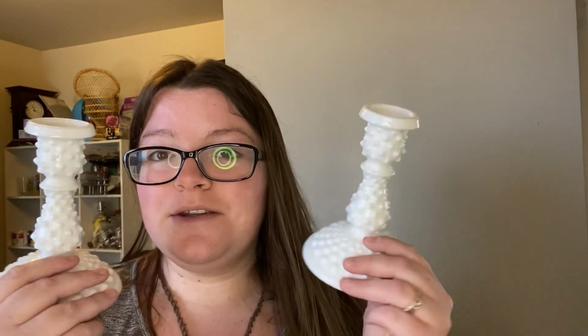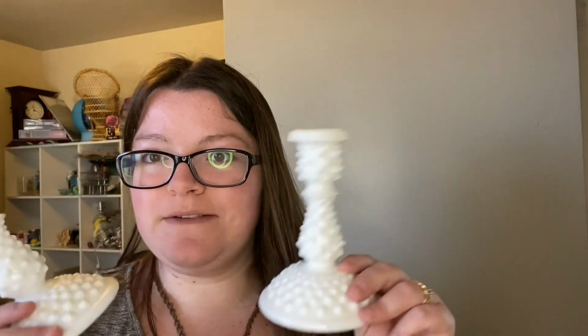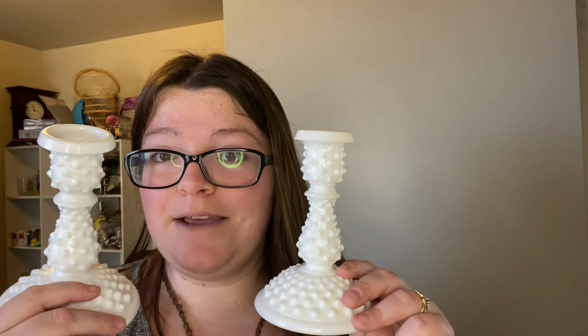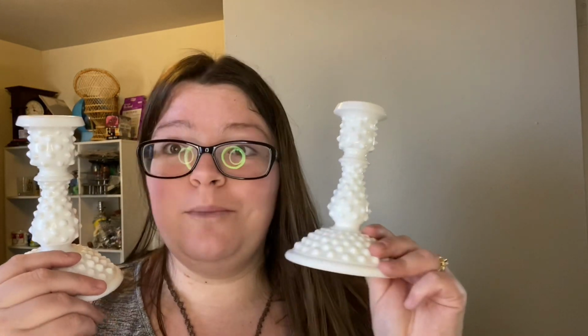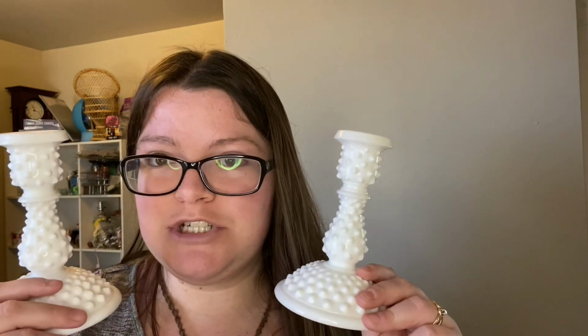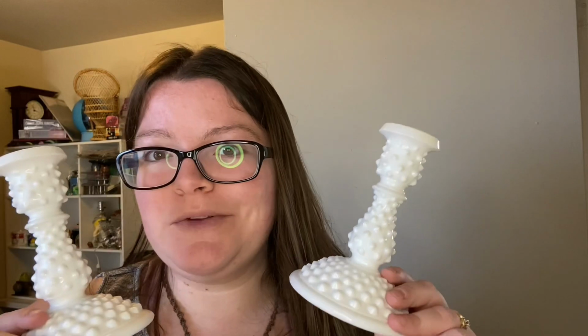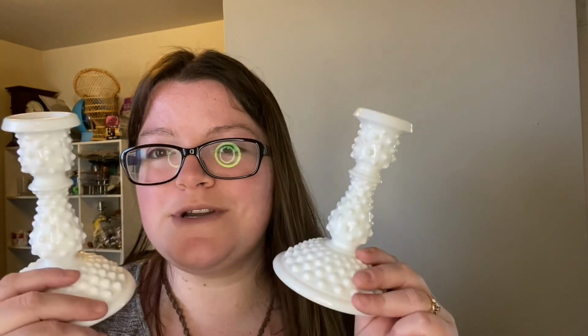They've been probably listed for 6 months, and then I just cross-listed them onto Poshmark recently, and they sold pretty fast, and I think they sold well because of the cheaper shipping option on Poshmark. So they were a good little sale. They did take quite a while, and of course I love these kind of items,